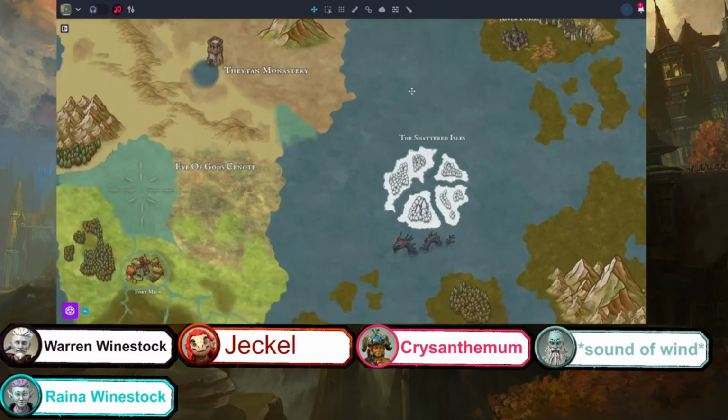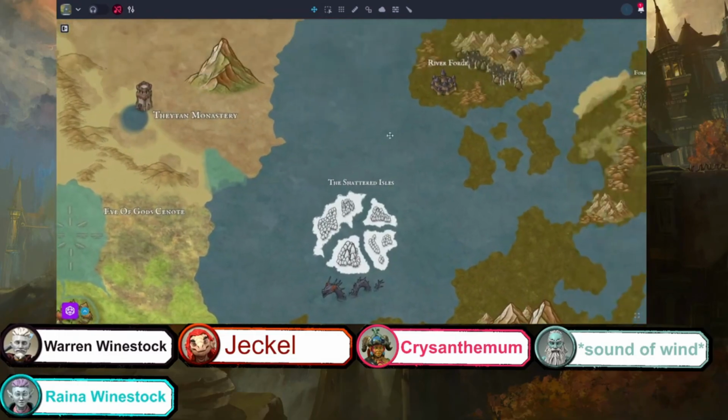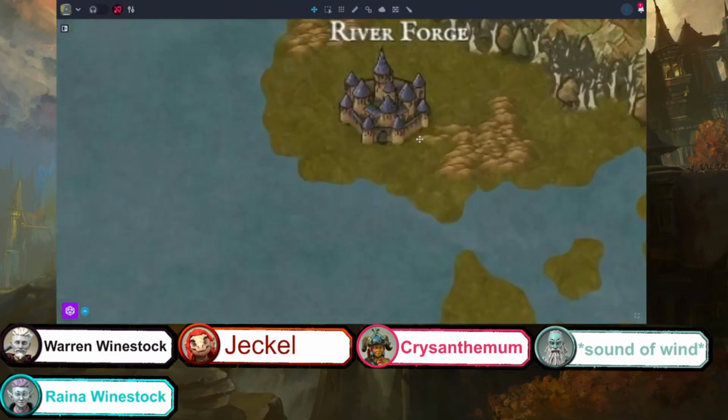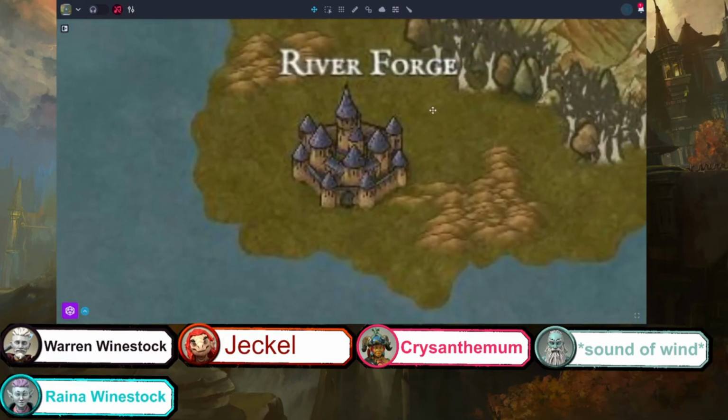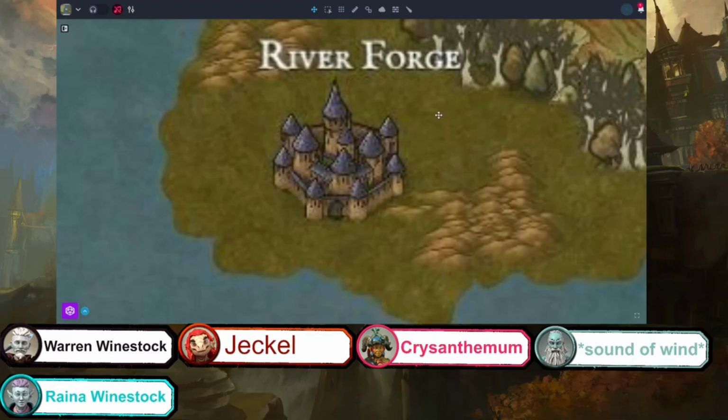You've found this information through various different taverns and such, and you've sailed around until you think you're there, and you've been waiting in River Forge about a week or two. I'm gonna say right at 2 weeks. I think you're at like day 12 when Chrysanthemum and Sound of Wind are sat in a tavern in River Forge called the River Bend, and you're sat just kind of having a meal, discussing amongst yourselves, and